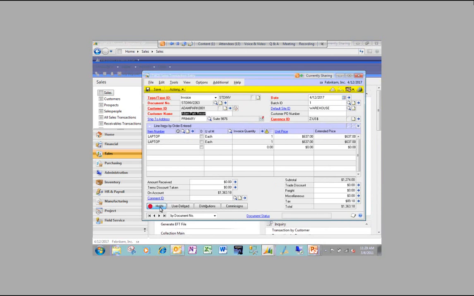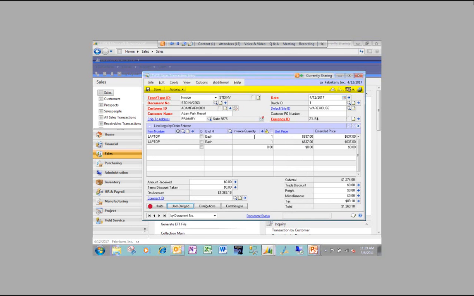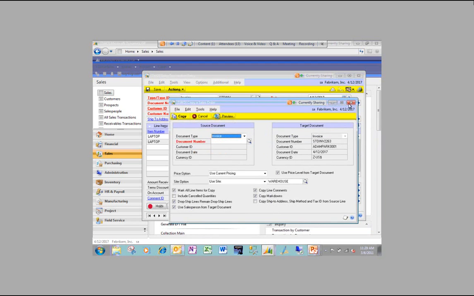So I have put this whole invoice on hold so that folks are not going to be able to do anything with it. This is going to be my basis for an invoice that I want to reuse maybe periodically. Maybe every so often when the customer calls, this is a pretty complicated order and we'd like to set it up once and not have to mess with it. So I've created it and I've put it on hold. And then what I can do is I can simply come here and say that I want to copy it. And the way we do that is,